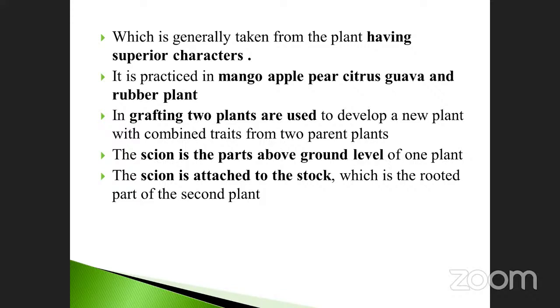In grafting, two plants are used to develop a new plant with combined traits from two parent plants. The scion is the part above ground level of one plant. The scion is attached to the stock, which is the rooted part of the second plant. Here you must note it down. Which one is stock? Stock is nothing but the rooted part of the second plant. Which one is scion? Scion is nothing but the above part of the